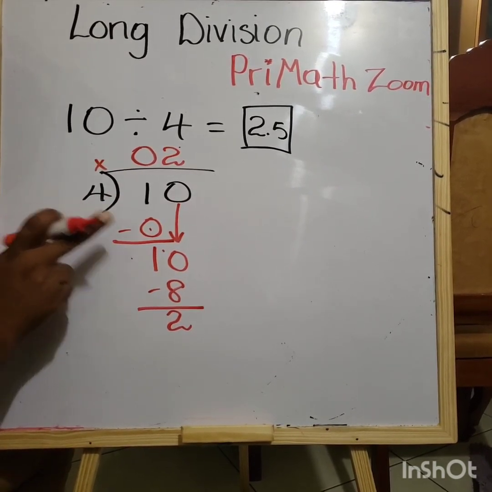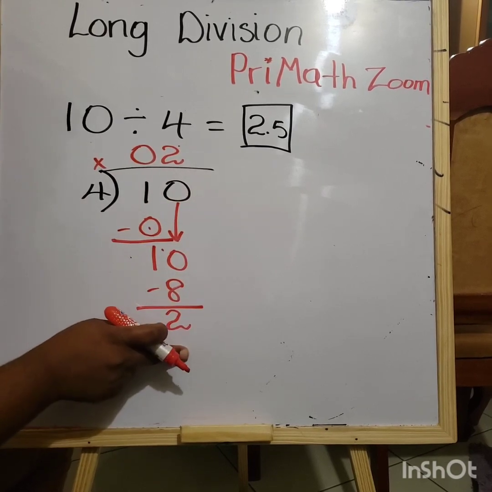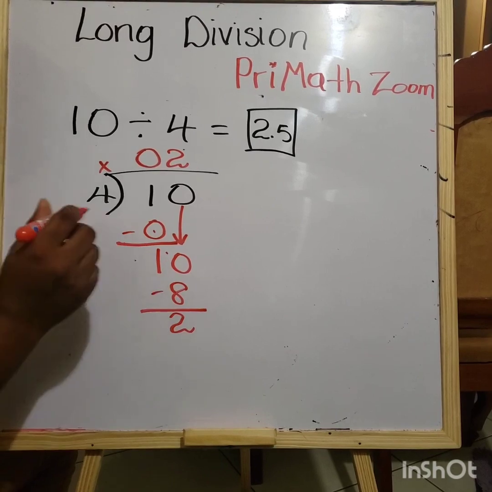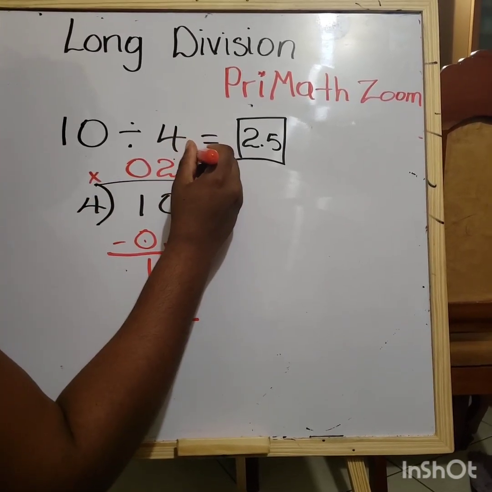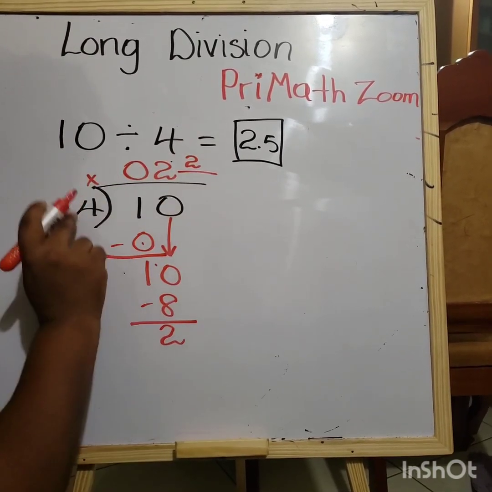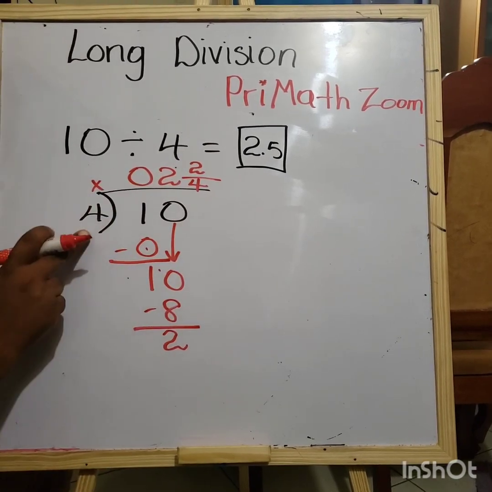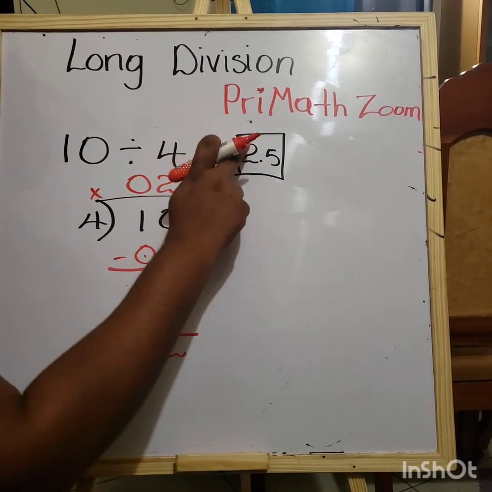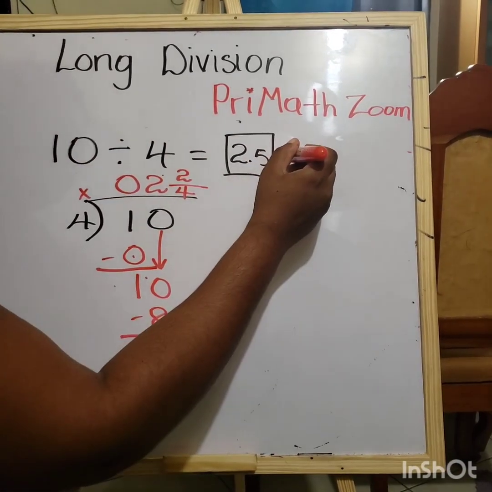Can 4 now go into 2, because we have nothing else to bring down? Cannot happen. So how we could write our remainder here, we could write it by saying 2 is left out of the 4, because we wanted a whole of 4 and it's only 2 we were able to get. So now here we could write our answer to be, or it could be